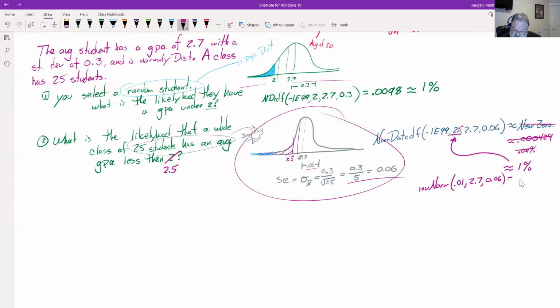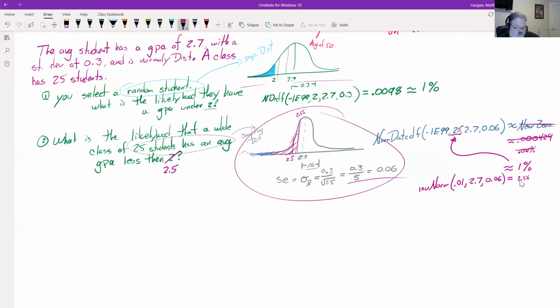What value does that give us back? 2.56. Okay, so at 2.56, that gives us the same 1% chance that the